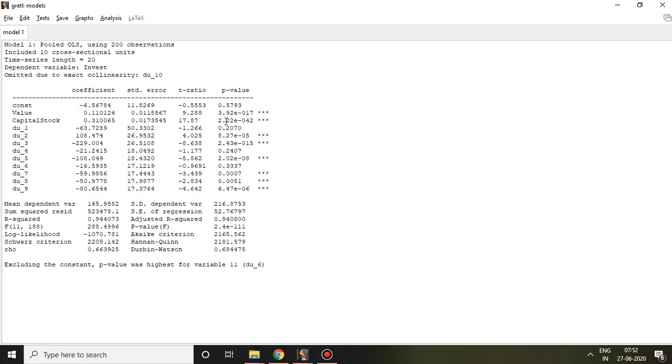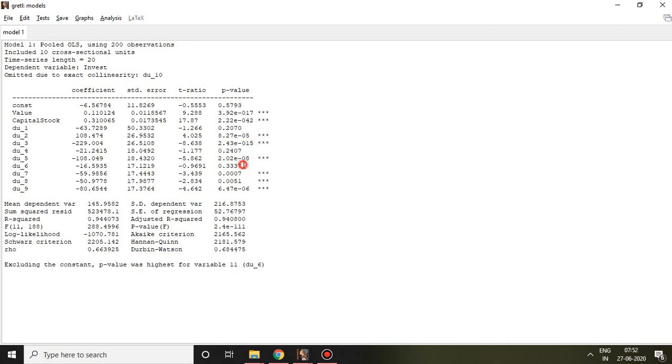Overall, if you see, value is significant. Similarly, capital stock is also significant. But talking about various companies, in the case of company 1, it is not significant. Company 2 and company 3 are significant. Then again this 4 is not significant.